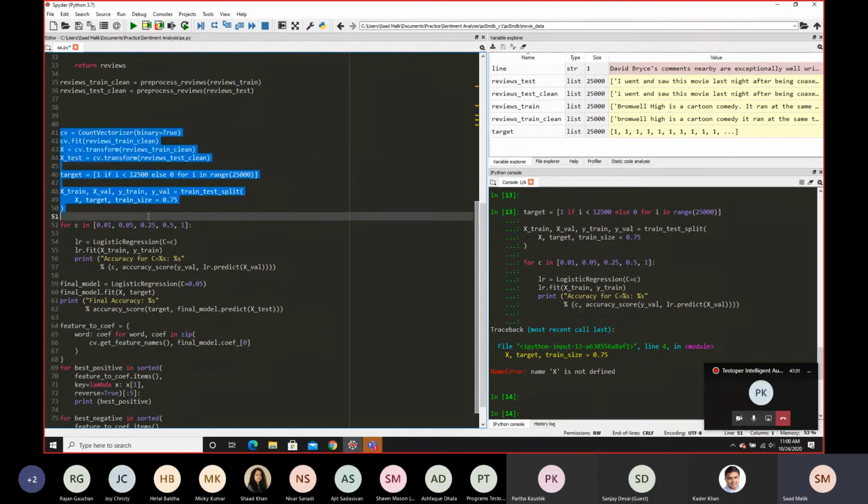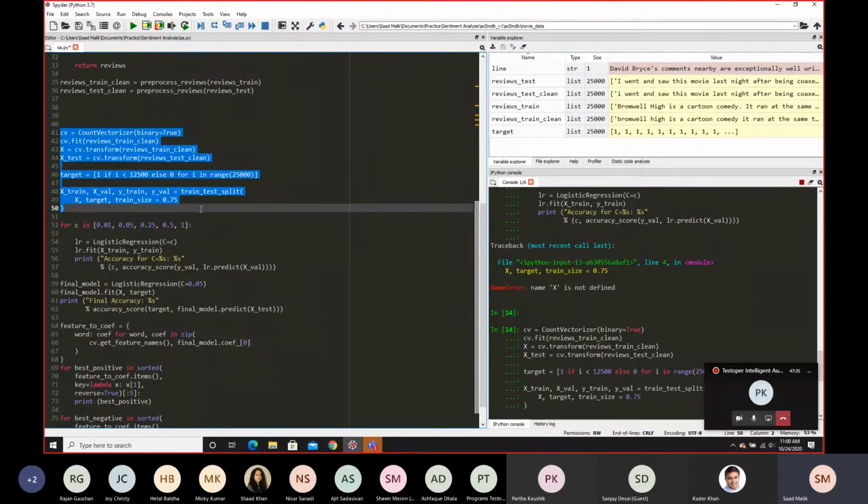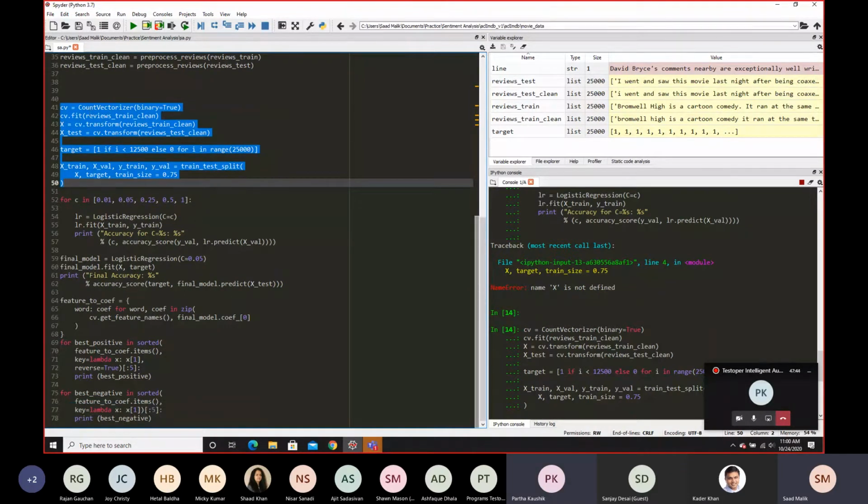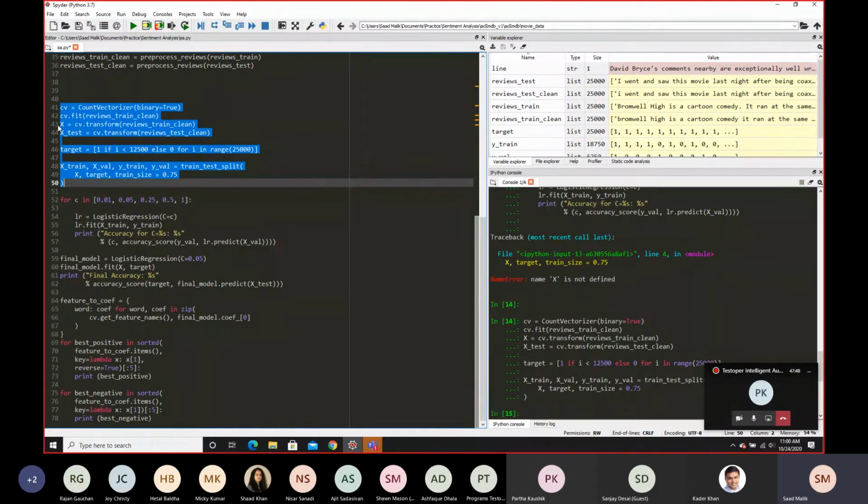This is the transform data. Even with that, I am getting an error. I think you probably didn't run line 43. Or you need to run it all together, not line by line, I think.